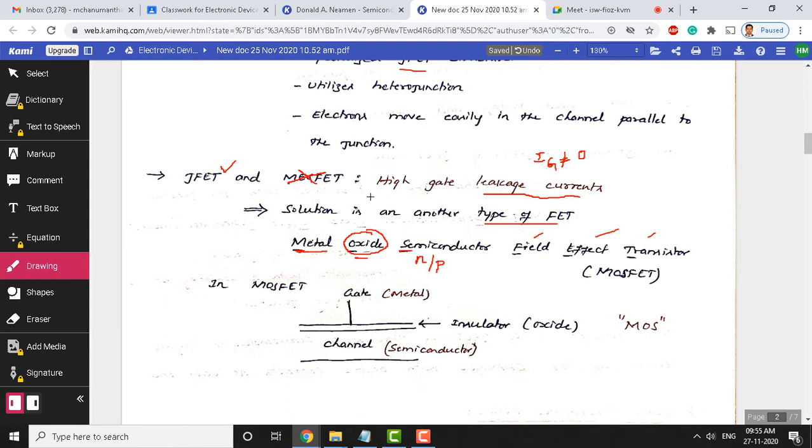The drawback, you must be careful here. The one drawback we have with reference to JFET is that it has high leakage current. You know that in homes, if a tap gets leaked, what is the drawback you will have? Continuously if it gets leaked, you are going to lose a significant amount of water overnight. Same thing is going to happen with reference to the JFET also.